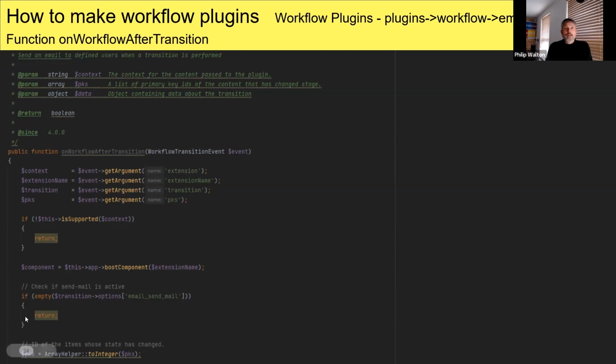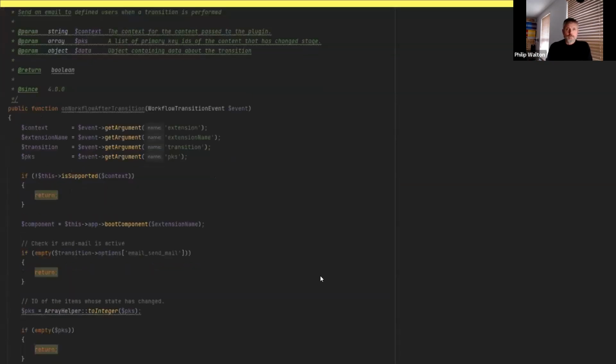And so we're going to then start to boot it up, and this is actually booting up. Basically, this is returning straight away if we're not interested in doing anything to do with the email. There's no point in hanging around. No, nothing to see here, so just return. And return.